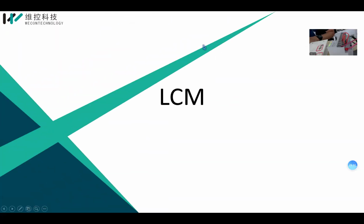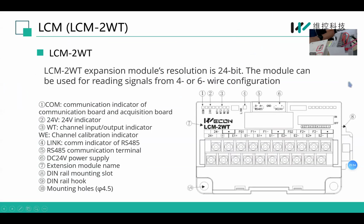Let's move to the next part about the LCM module. For the moment, we just have one LCM module for wiring. It's LCM 2WT. As you can see, you have two channels to connect two load cells. And the other part is also the same as the other